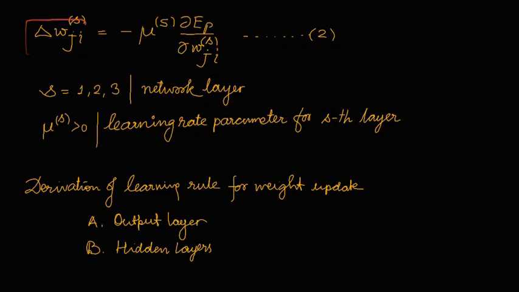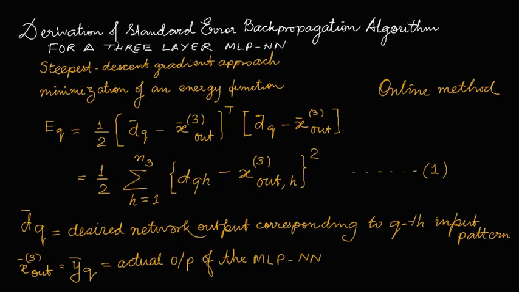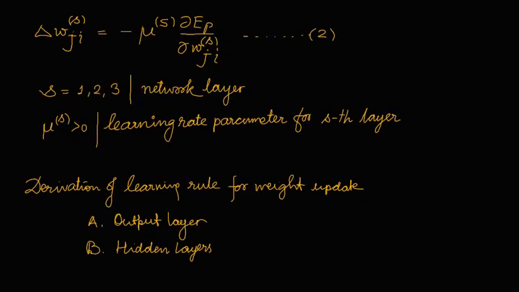So when we are training the neural network, we are changing the weights of the neural network, and the amount of change in weight is decided with the help of this E_q, the instantaneous error we have defined here, not E_p, rather it is E_q. So we need to take the partial derivative of this error with respect to the weight W_ji of the same layer, the layer for which we are going to find this change, and this term mu of the corresponding layer is multiplied here.